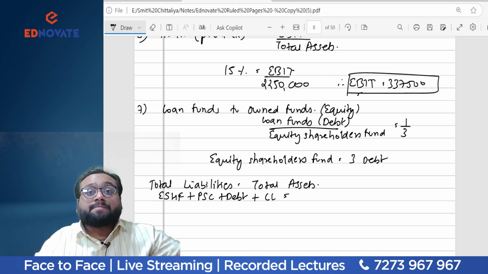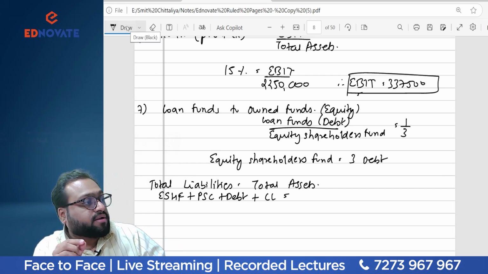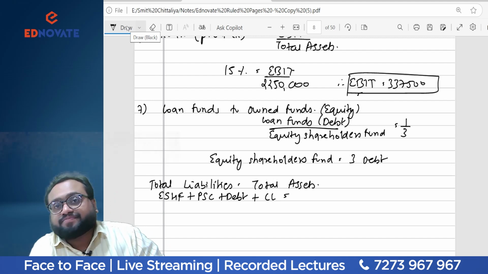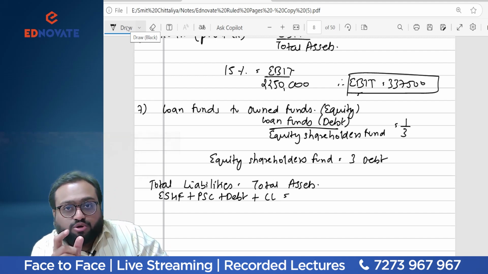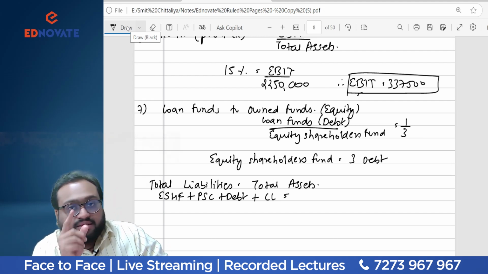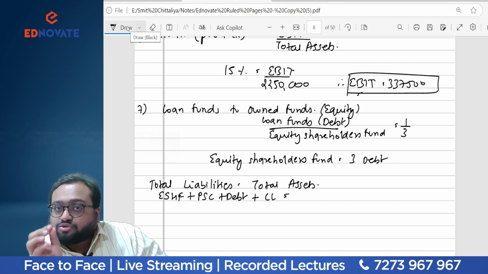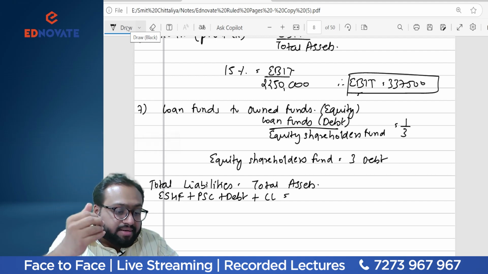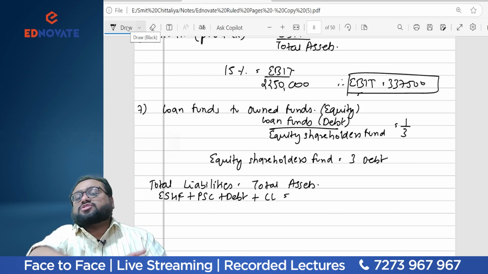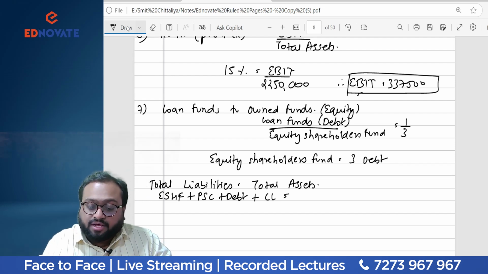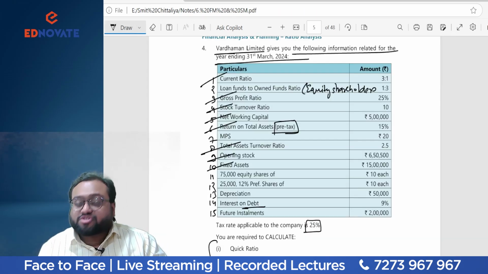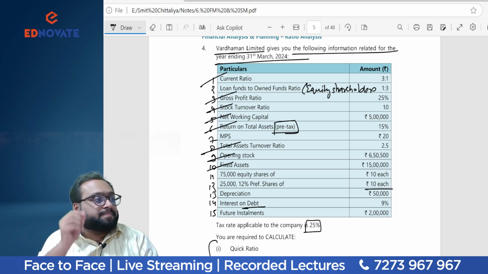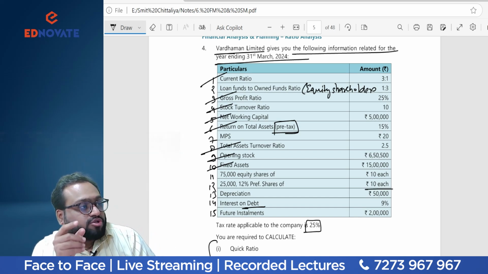current liability. There is a big mistake in this solution. They have not taken preference share capital, and the entire answer will change. If the students mark properly, they have used the equation as total liabilities equal to total assets. However, they have completely ignored the preference share capital, which is given in the question just below equity share capital. The preference share capital is 25,000 shares of 10 each. There's a big blunder by the solution.